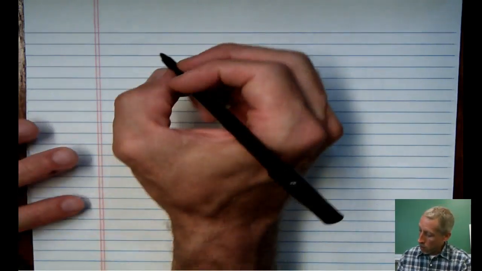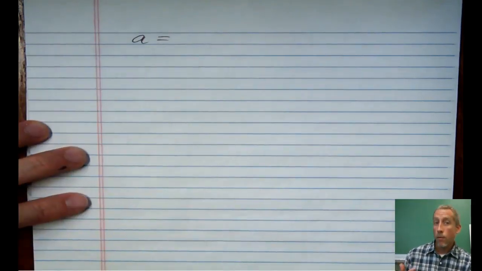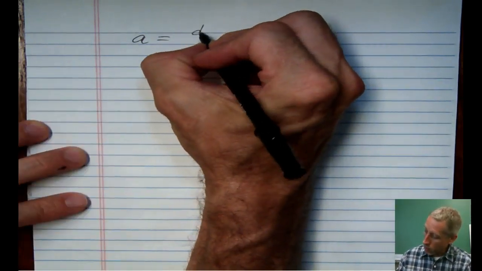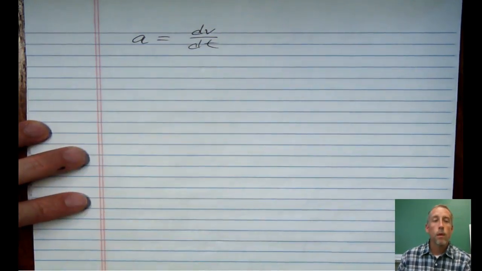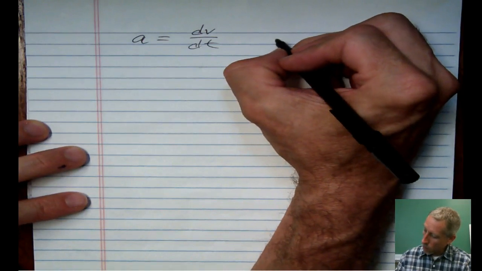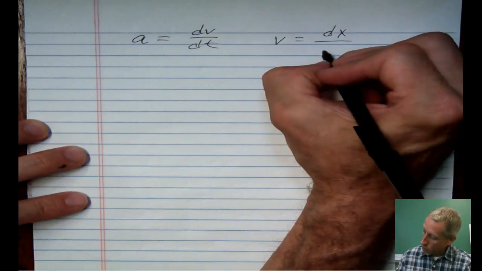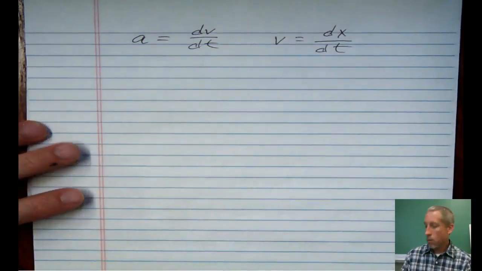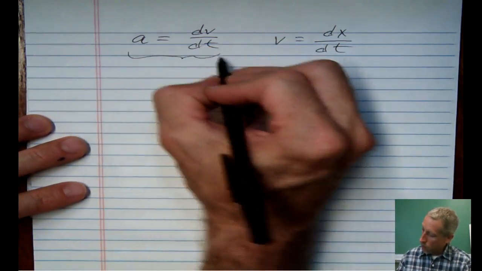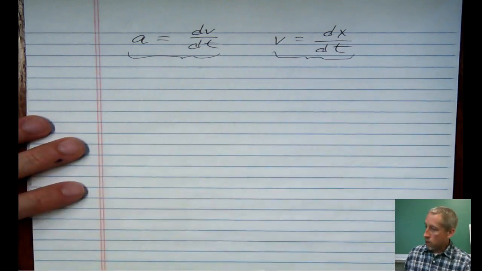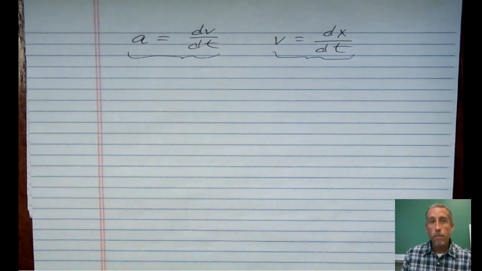We already know that the acceleration can be found if you know the velocity function by taking the derivative of velocity with respect to time. In a similar way, the velocity can be found by taking the derivative of position with respect to time. So what we're going to do is take these and turn them around. And so what I'm going to do is calculate the displacement of an object based on